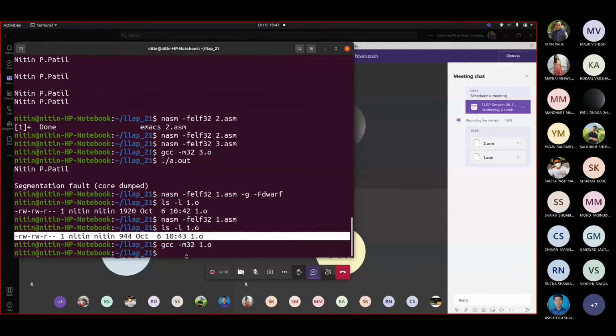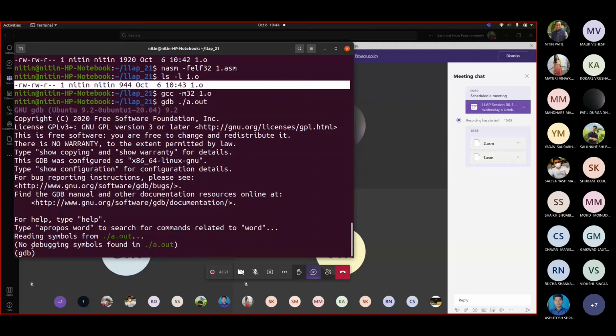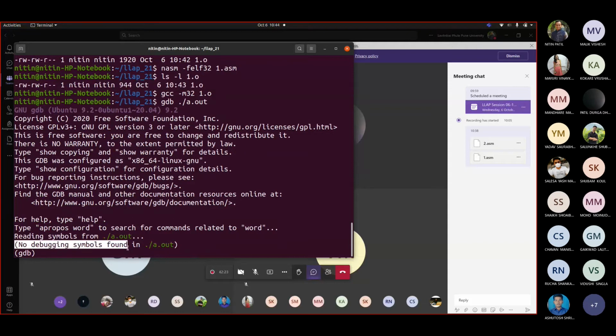There's a program called GDB, which is used as a debugger on the Linux platform. If I want to use it, I will write it simply like this with the executable. Here you will see this information: no debugging symbols found in your executable.